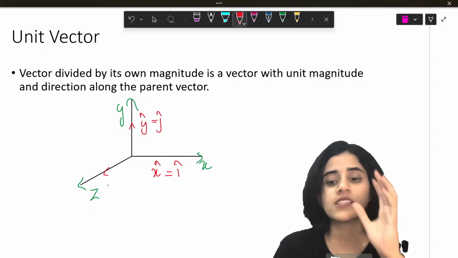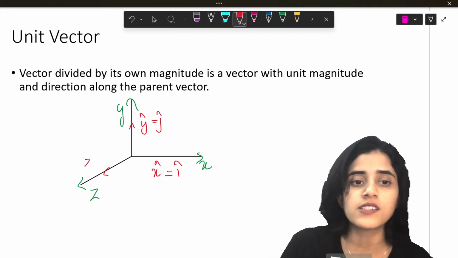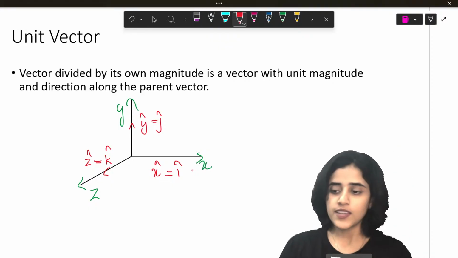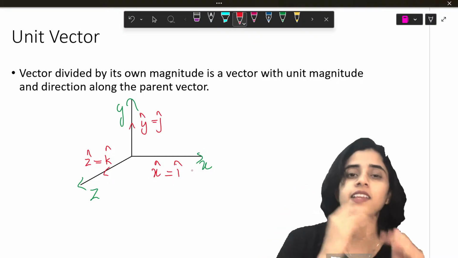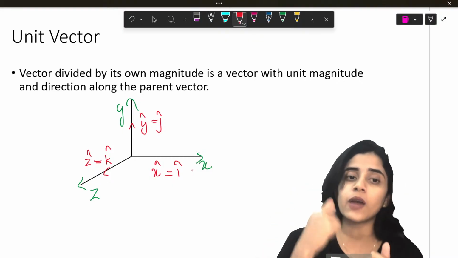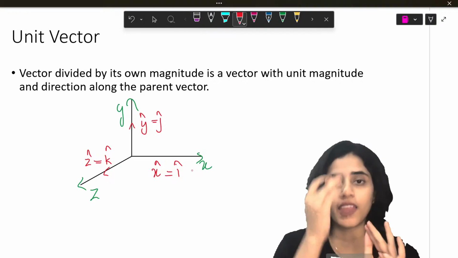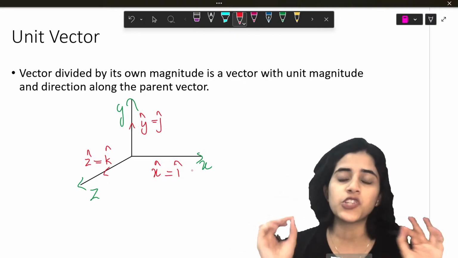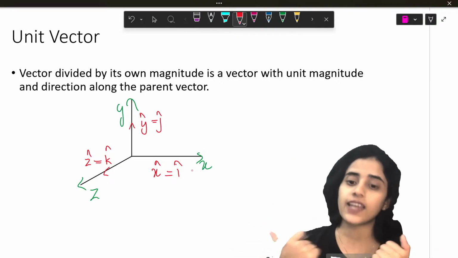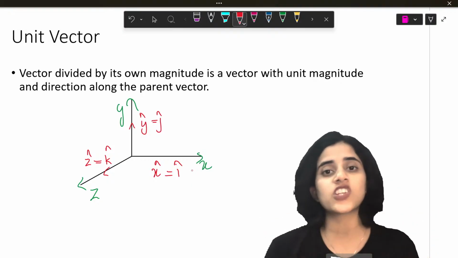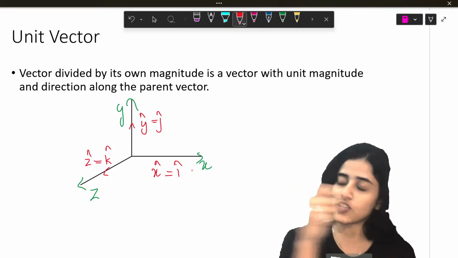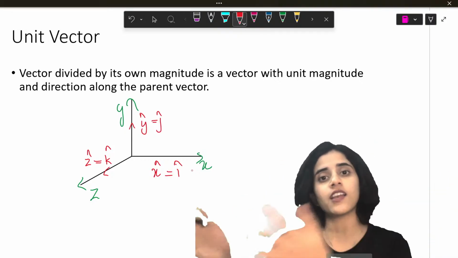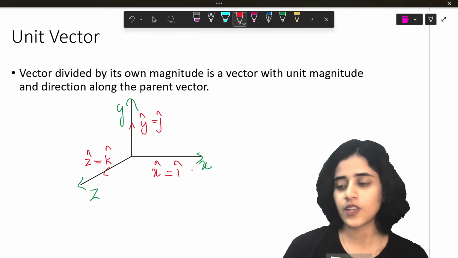If it's moving along the z-axis, you can say it's moving along z cap or k cap. So from now on, students, x-axis, y-axis, z-axis can also be called I cap, j cap and k cap. You have to learn that by heart. That is a sign convention you will be using throughout. So instead of x cap, I can say the vector is moving along the I cap. If you are running along the x-axis, I can say you are running along the I cap direction.